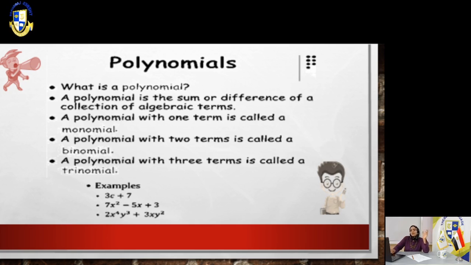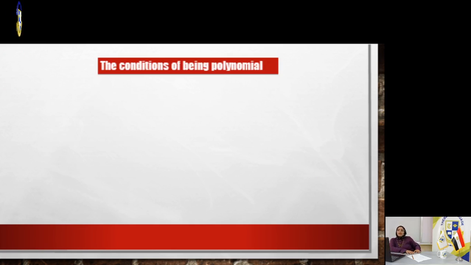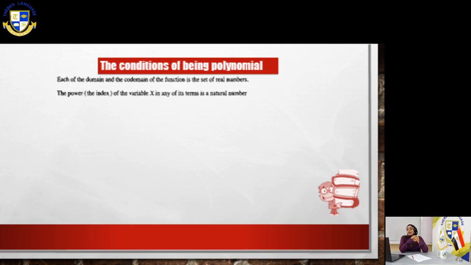Now we are moving to slide number 4, the conditions of being a polynomial. What is the condition to say this is a polynomial function? We have two conditions. The first one, each of the domain and the codomain of the function is the set of real numbers. The second one, the power or the index of the variable x must be a natural number. For example,